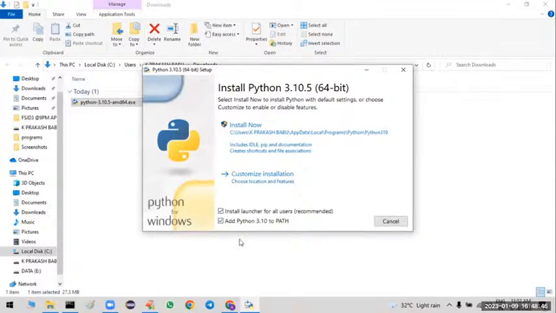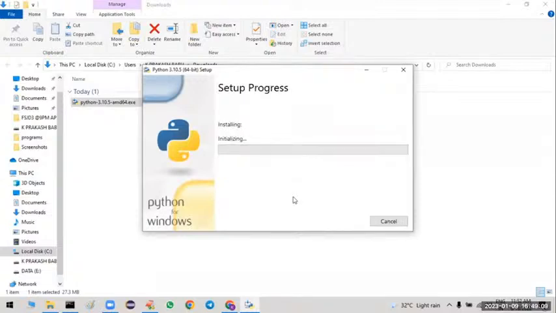Because in Java or any other programming language, you compulsorily have to set the path. That means whatever commands they have given, you need to set them, and only then can you run your programs. But here I want the 3.10 path to be set automatically while installing the software itself. Now I click on install now.